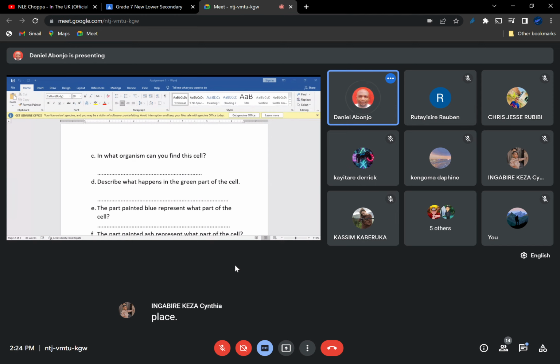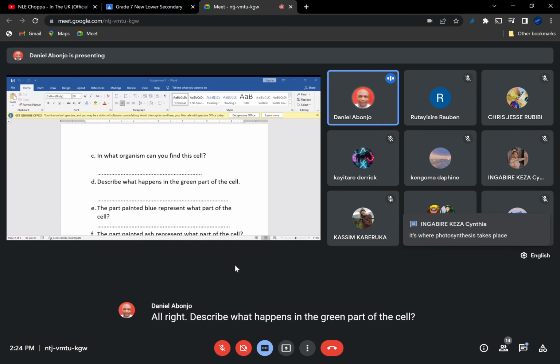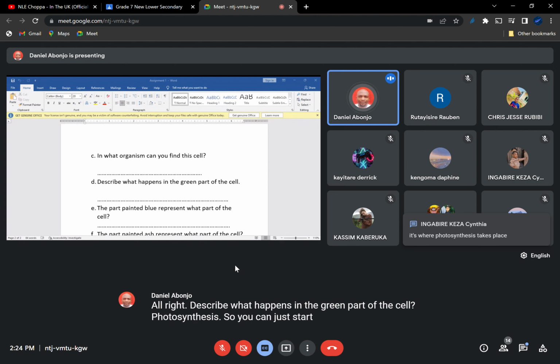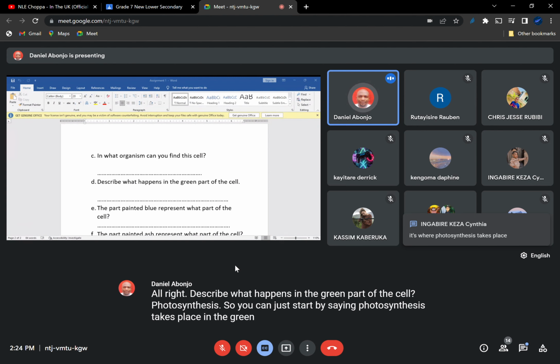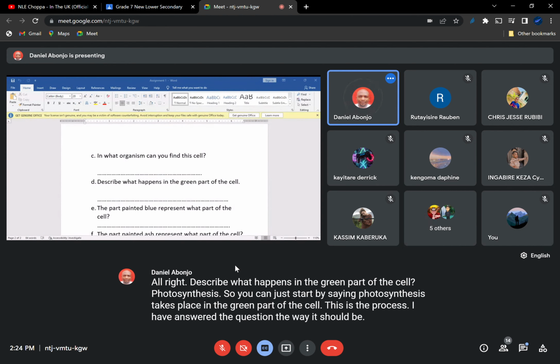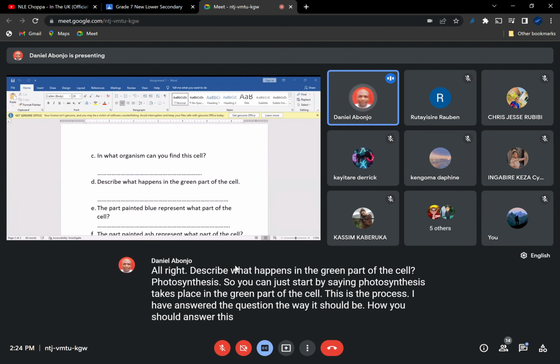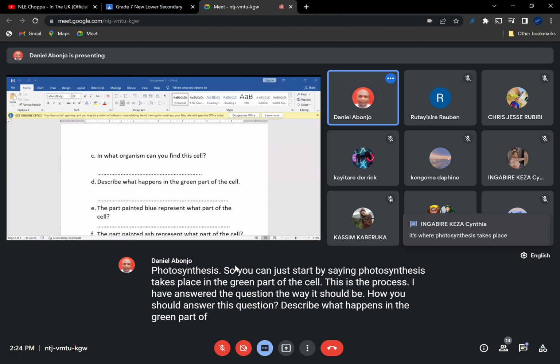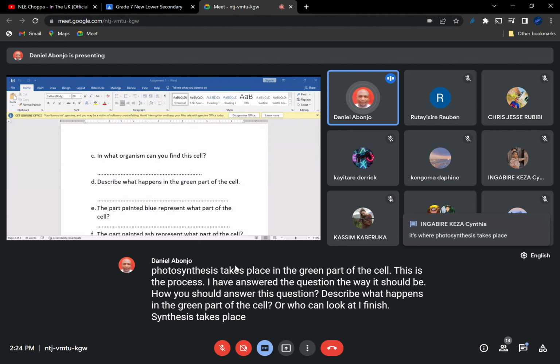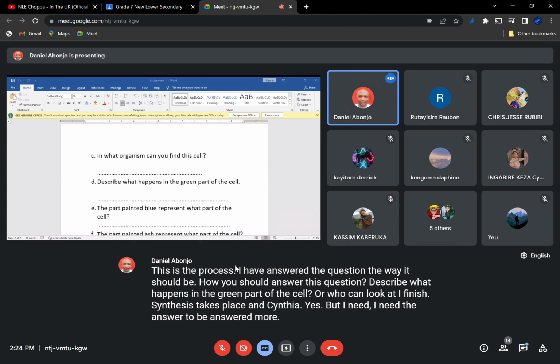All right. Describe what happens in the green part of the cell. Photosynthesis. So you can just start by saying photosynthesis takes place in the green part of the cell. This is the process. I am answering the question the way it should be answered. How you should answer this question: describe what happens in the green part of the cell. Or who can answer it the way I'm answering it? It's where photosynthesis takes place. Cynthia, yes, but I need the answer to be more accurate,